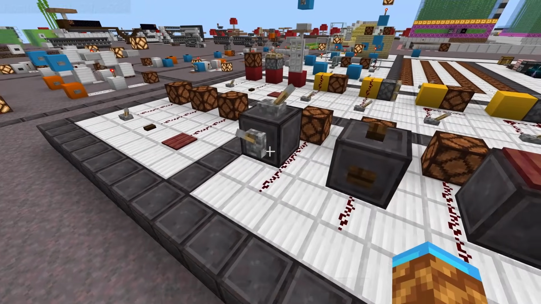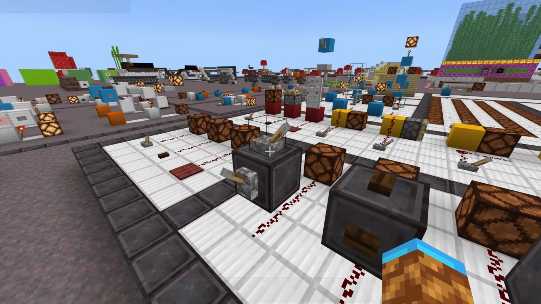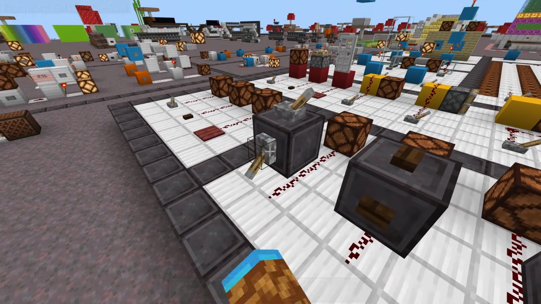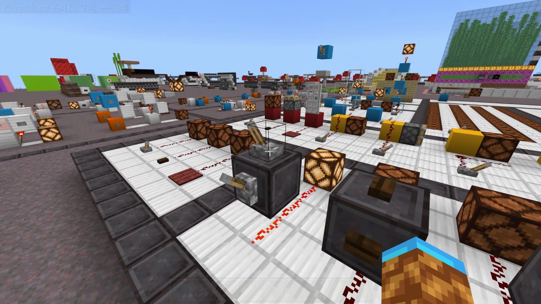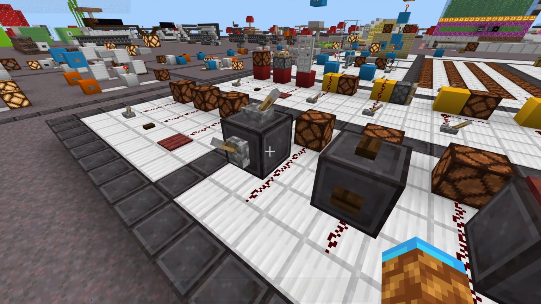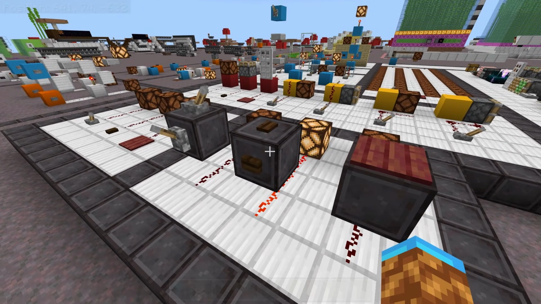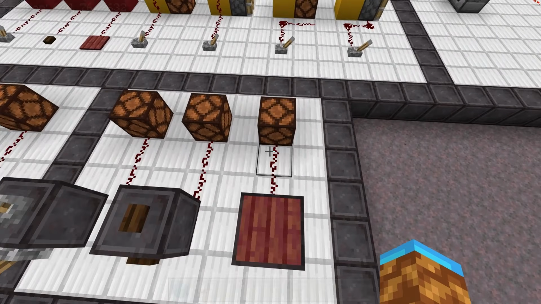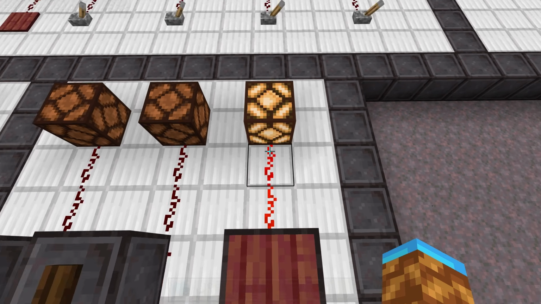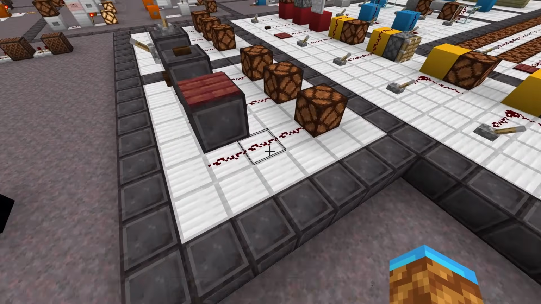All of these inputs will send strong power into the block that they are placed on, which basically just means that you can pull a redstone signal out from underneath that block. And of course, it will activate redstone that is touching that block as well. And it doesn't matter whether the buttons or levers are on the side, top, or bottom of the block, whereas pressure plates can only go on the top of a block